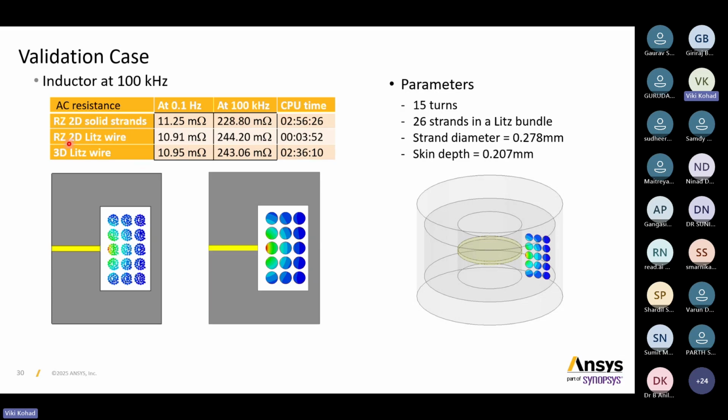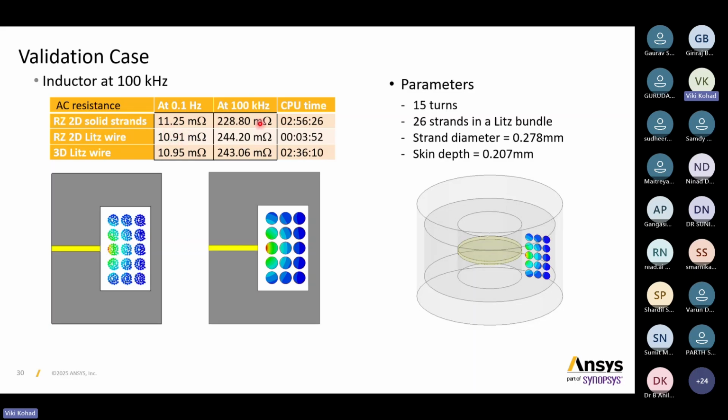Then we use the RZ 2D leads wire technique. The difference now is your CPU time, your computation time. You can see that both simulations are the same. The plane is the same, the design is the same. This one includes the strands, and this one includes the leads wire. Now you can see the simulation time, and the results are around the same. At this frequency of 0.1 hertz